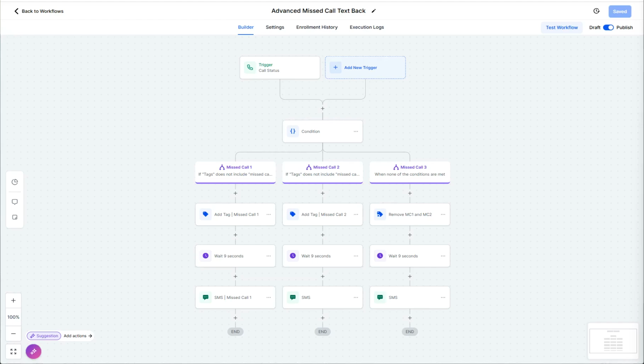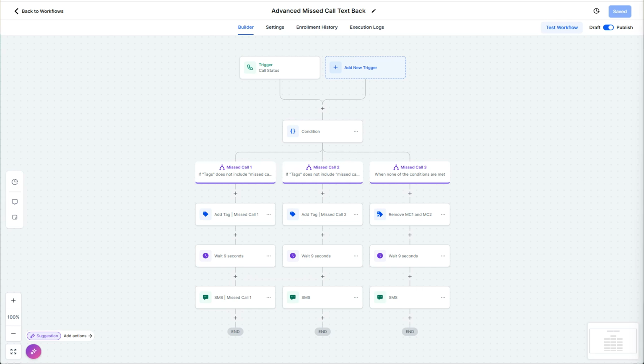Missed call text backs are powerful, but the default setup is a bit repetitive and robotic. If someone calls multiple times, they get the same message over and over. This video is inspired by Adam McKeens, who broke down the standard setup and its flaws. I'll link his original video below, but since then, GoHighLevel has changed. There are a few bugs that are stopping his particular flow and a few limitations.